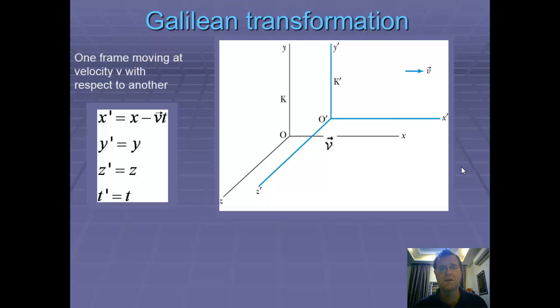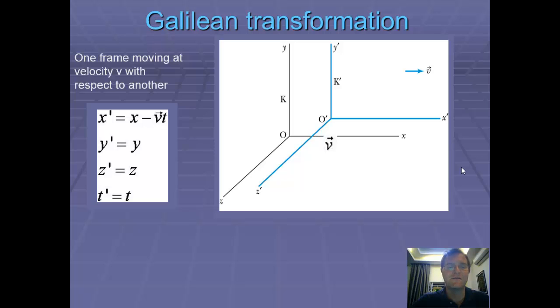What we actually do is, if we have one frame moving at a velocity v with respect to another, then what we find, and we'll try and keep it simple here, so the velocity is just going in a straight line, so therefore we can work out the location with respect to the other frame of reference using these formulas. So if we have an initial frame of reference, and we have a moving frame of reference, then if we know the velocity of the moving frame of reference, then we can work out locations in this new frame of reference,